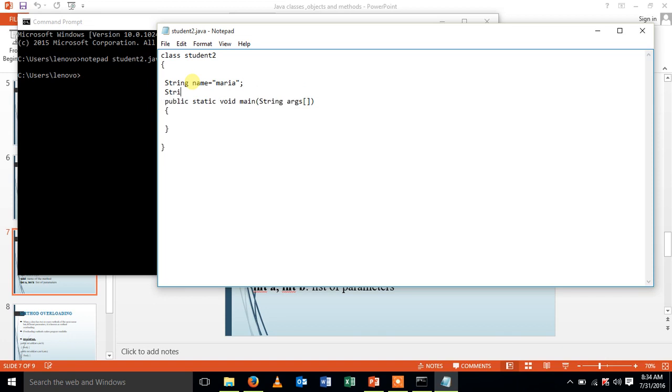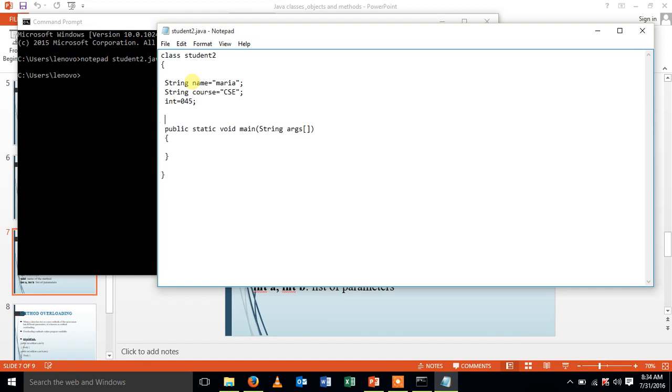The course will be of type String, course is CSE, and the register number is of type int, 045.